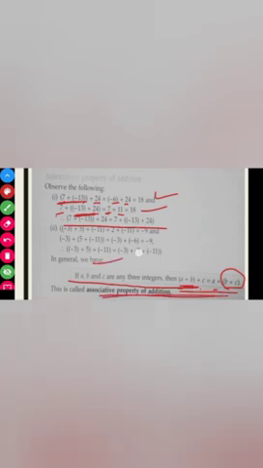For example, you can take 7 plus, in brackets, minus 13, plus 24. So 7 plus minus 13 will be minus 6, plus 24. So it is 18. And when you change that order, 7 plus the bracket of minus 13 plus 24, when you add these two numbers, you will get 11. And 7 plus 11 is 18. So here it satisfies the associative property. Okay. So you can do this.